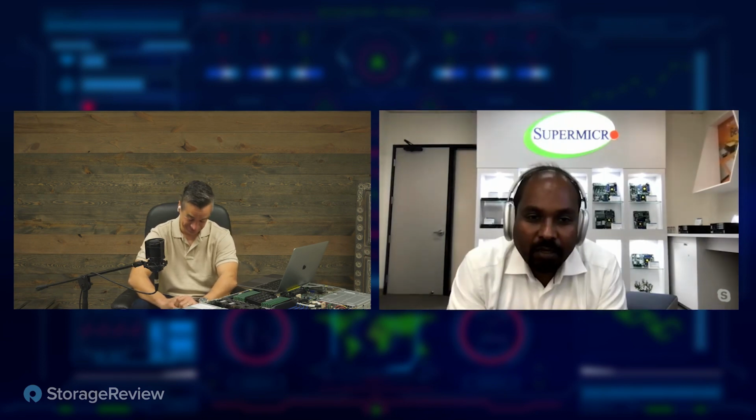So CXL is going to be absolutely important, and the first generation is going to have its own limitations. But as we start looking at the next generation CXL, where we're talking about cache coherency and other factors being built in. Now you talked about composability. That is going to take it to the next level. So we can have memory outside. You can have other accelerators. I mean, the future is so bright, and supercomputing in that aspect is the one that makes us so excited, because